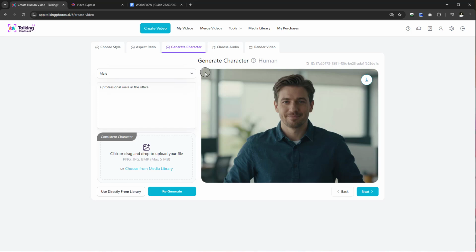Now, one thing I would advise, if you want consistency in your character: whatever character or image you make, this becomes your reference image. This is the image that you can repurpose and use time and time again for consistency in all your other videos. So for this, I can select download. You'll see this little arrow there for download capability, and straight away I have that downloaded.